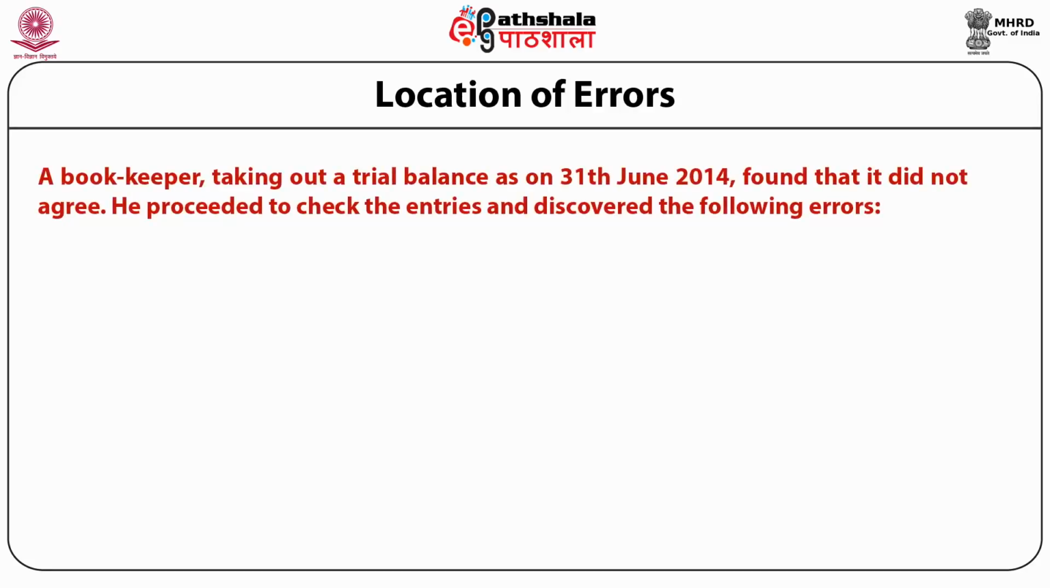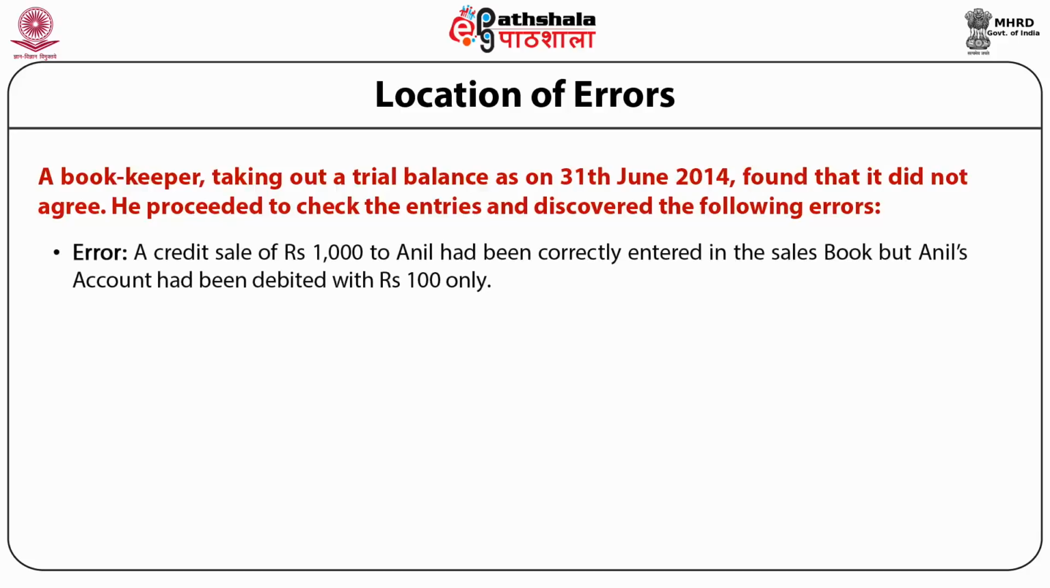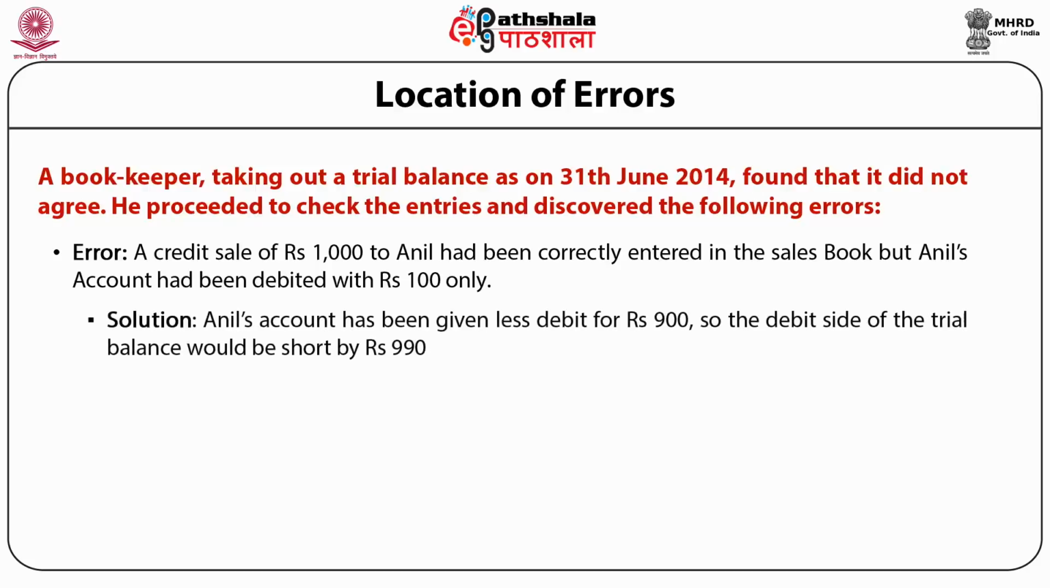A bookkeeper taking out a trial balance as on 30th June 2014 found that it did not agree. He proceeded to check the entries and discovered the following errors. Error 1. A credit sale of ₹1000 to Anil had been correctly entered in the sale book, but Anil's account had been debited with ₹100 only. Now, solution of this error. Anil's account has been given less debit by ₹900, so the debit side of the trial balance will be short by